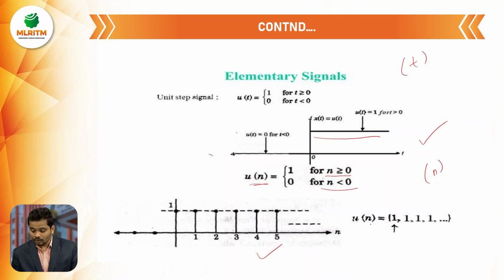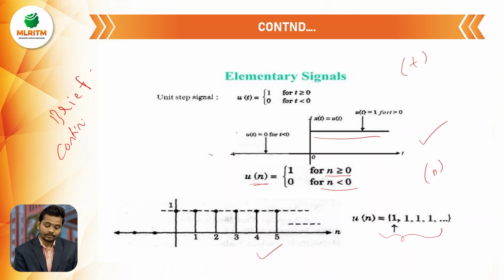Okay. So here we will start by giving x of n equals u of n. Here x of n is nothing but the input signal, which is the unit step signal. So x of n equals 1, 1, 1, 1, like that we will see. So this is the brief intro about the